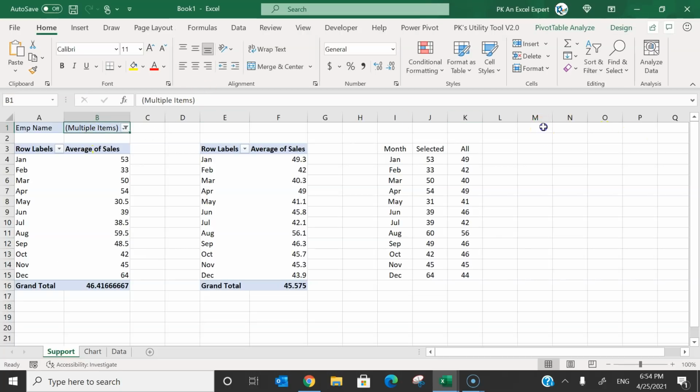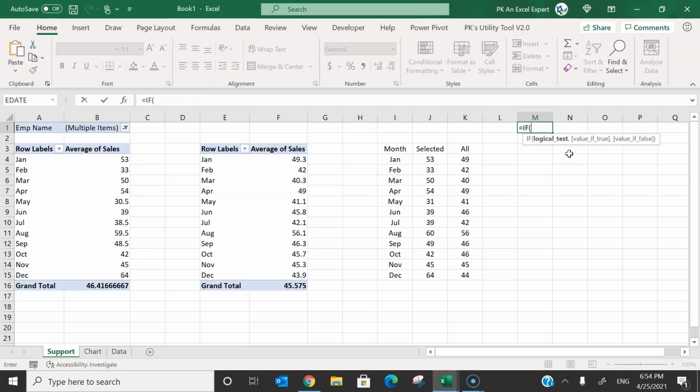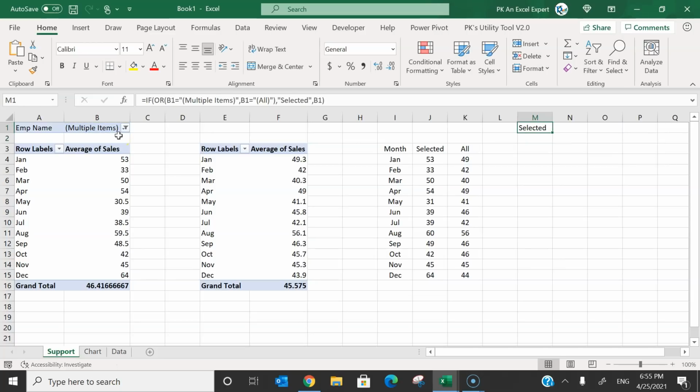So we will put here the formula IF, and we will use OR, this value V1 equal to the multiple items in bracket, comma, this V1 equal to all in bracket. So if it is all or if it is multiple items, then it will show selected. Otherwise it will show whatever employee has been selected. Just close the bracket, press enter. So it is showing the selected.